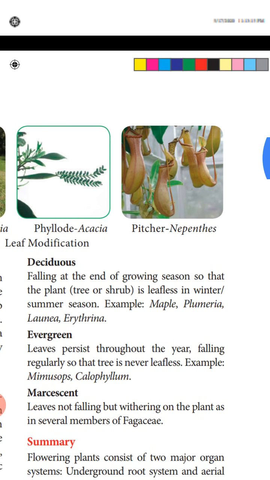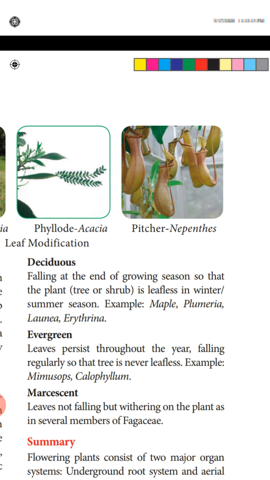So here you can see in this diagram, a flattened leaf lamina is present. The midrib is modified, it is a coiled structure. The apex of the leaf is modified in the form of a pitcher, and on the top of the pitcher you can find a small lid, that is the leaf apex. So the entire leaf is modified. Here you can find the flat leaf structure. The midrib is modified into a tendril, and at the tip of the tendril the leaf apex is modified as a pitcher, a pot-like structure with a lid.